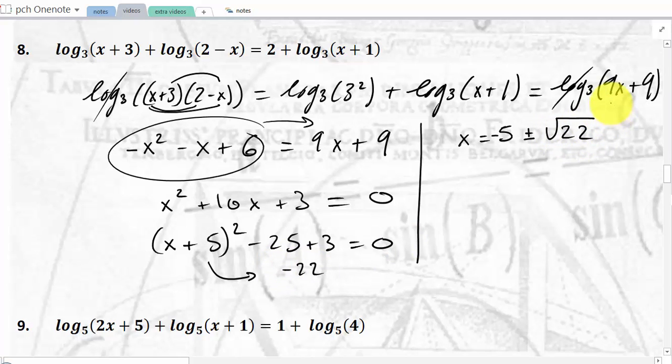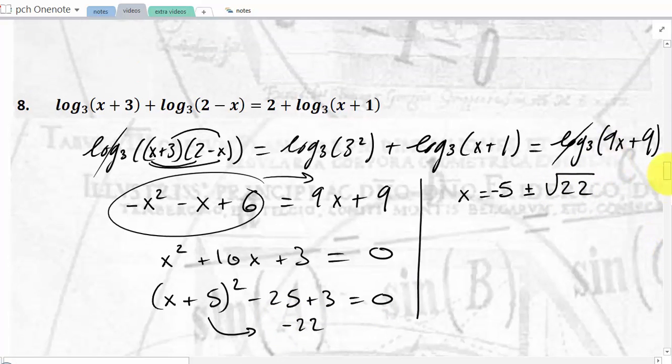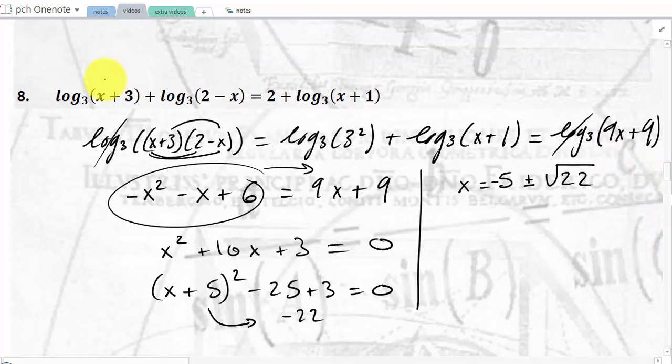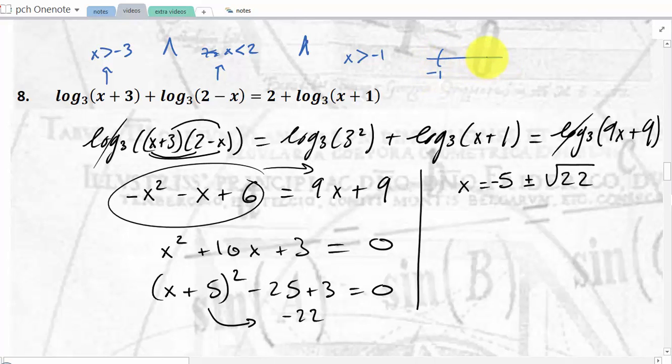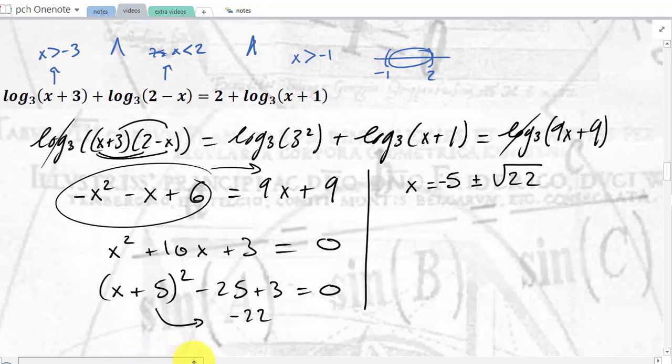Okay, now watch out here. Let's check out the domain of this equation. We want, okay, so from here we want x above negative 3. From here we want 2 minus x, so we want x smaller than 2, okay? And here we want x above negative 1. Wow! That is a pretty restricted domain. It's all and, okay, you all have an and right there. So you better be between negative 1 and 2. Oof. All right, I have two possibilities.